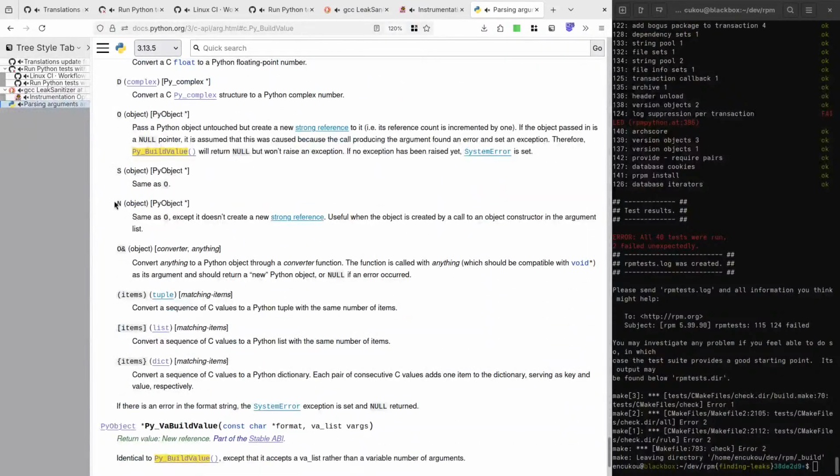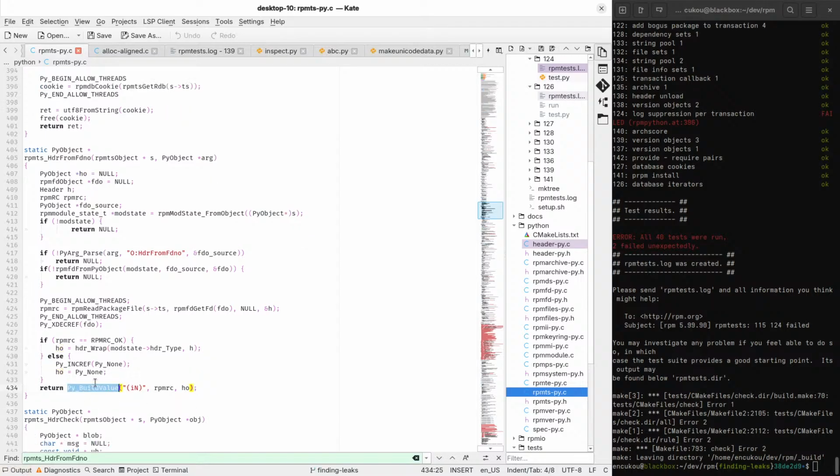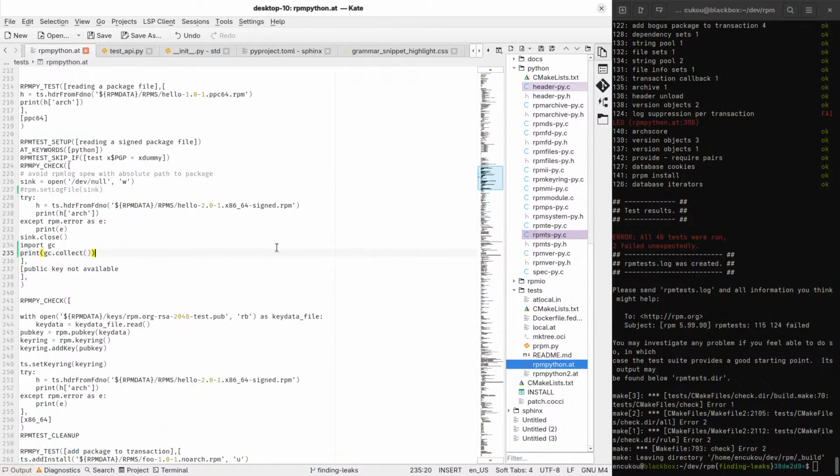This is using N. Doesn't create a new strong reference, useful when the object is created by a call in the argument. So that's fine. So this N means that the ownership of this HO is transferred to the returned tuple. And this returns an integer and this Python object.